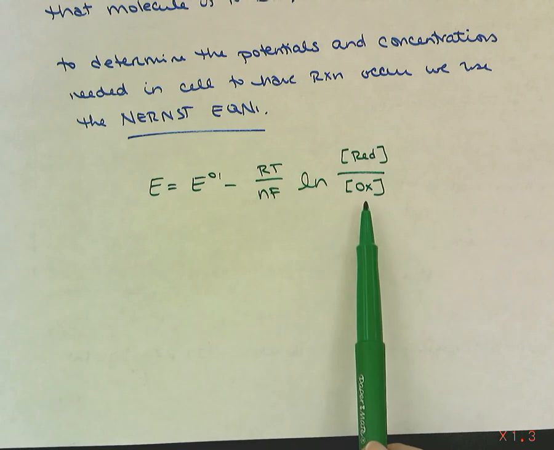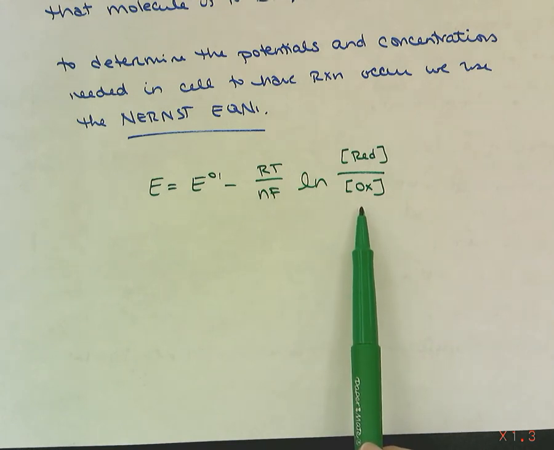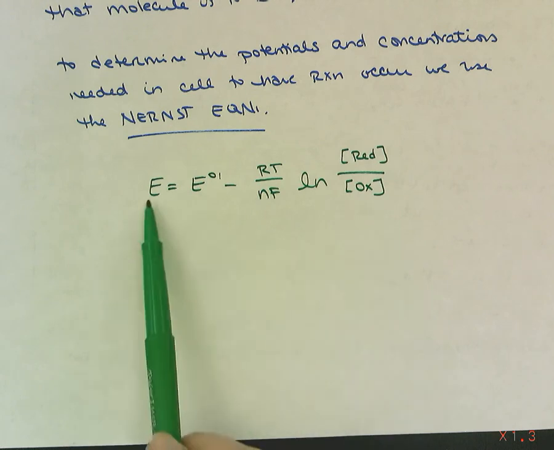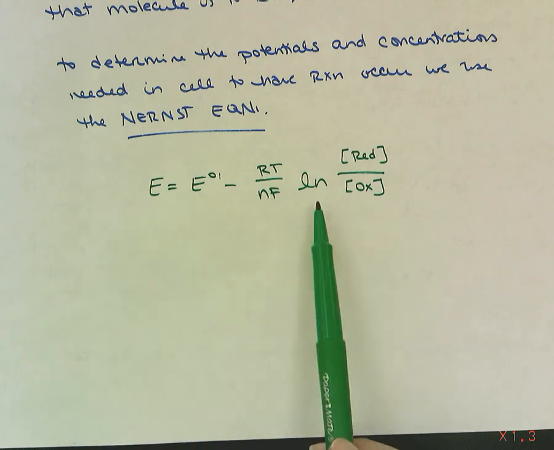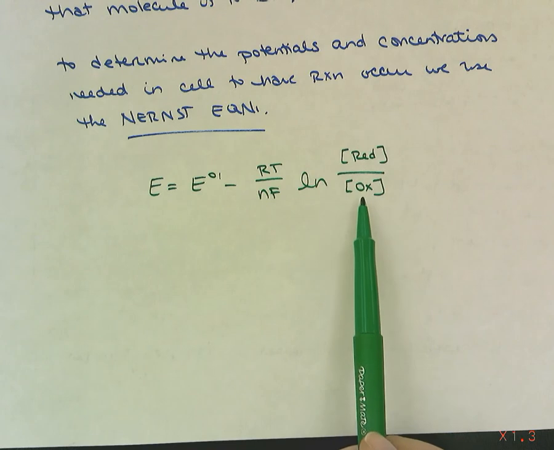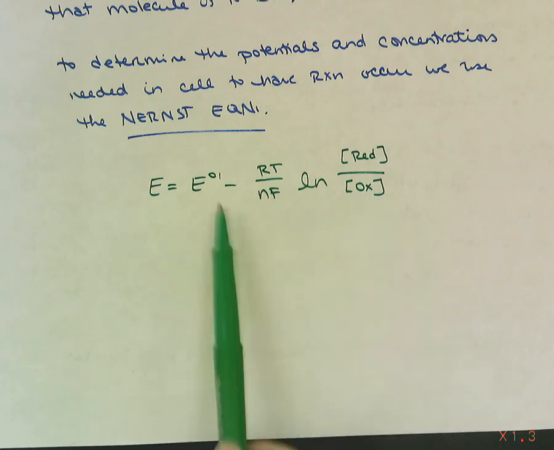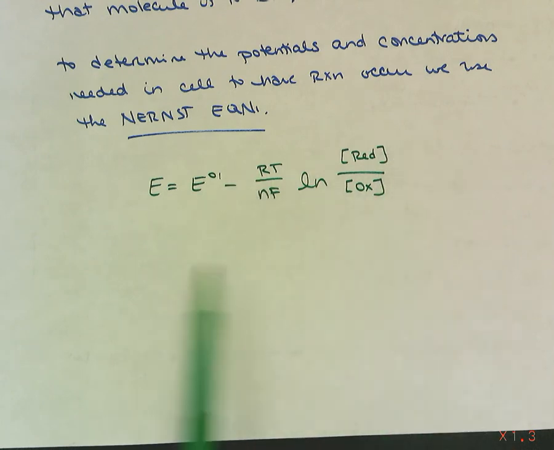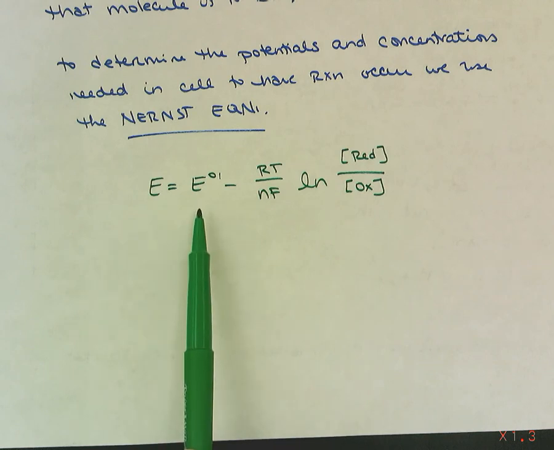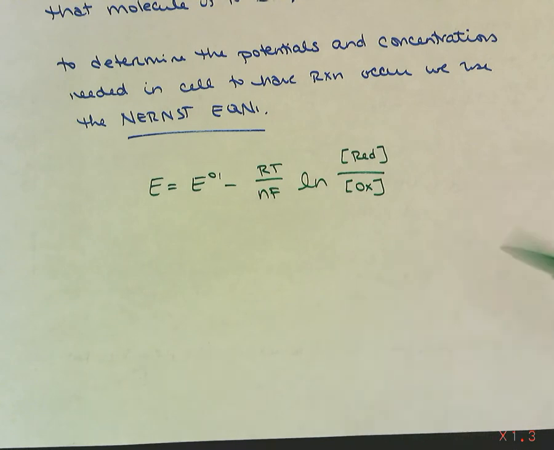What if these concentrations are equal? Because if it's natural log of 1, natural log of 1 is 0, which means this whole value is 0, which means E equals E standard state, which in the body is true just about all the time, that these concentrations will be so close to each other that in the body most of the time these two values are, if not equal, very close. But